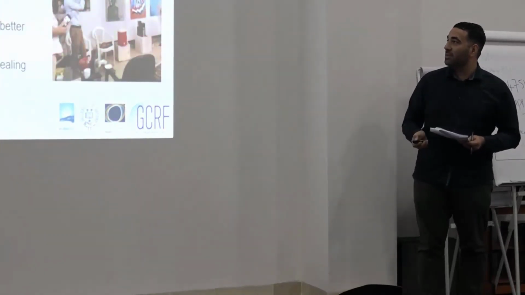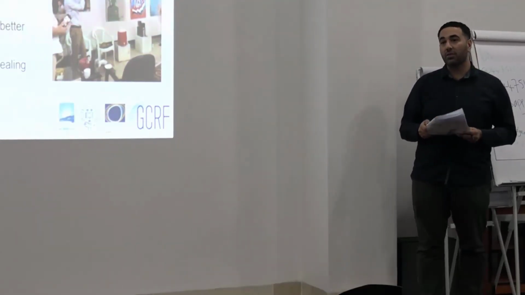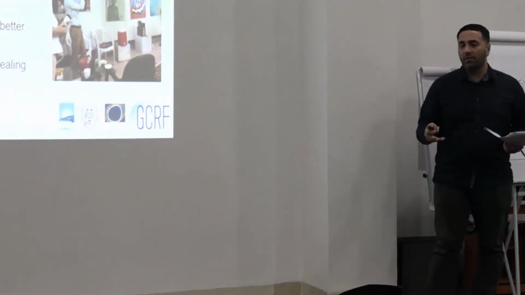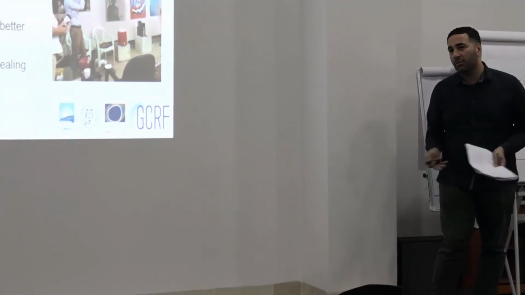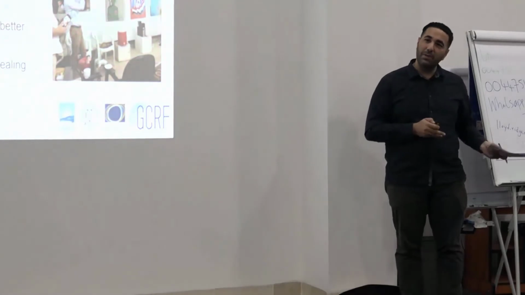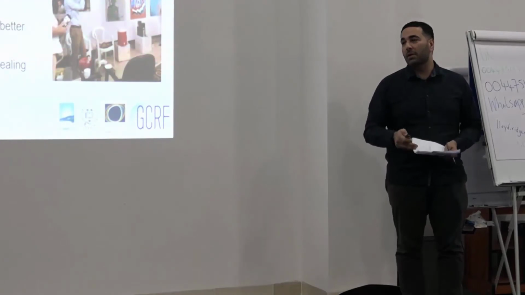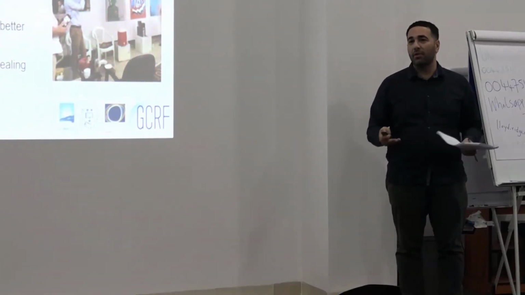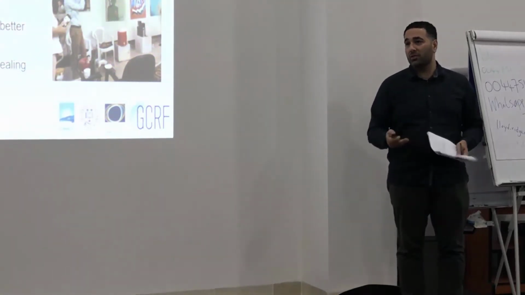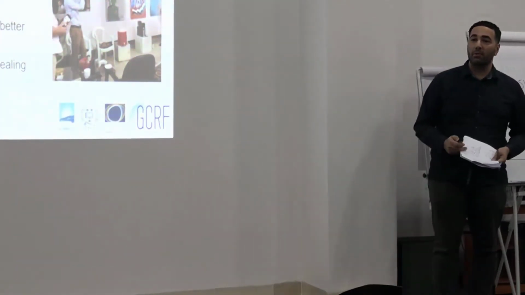So there are 5 aims in the Nahrein Network. The first is to better understand the current situation in relation to heritage. And when I speak about heritage, I mean the cultural infrastructure in Iraq, so including archaeology and other things that we've been speaking about. Raise the profile of local expertise. This is very, very important. This is what we've been speaking about the past 3 days. It's getting your voices out in journal papers and other mediums that are important in terms of influencing international policy in relation to Iraq. Your voices in international journals and academic circles internationally. This is what the Iraq Publishing Workshop is about.